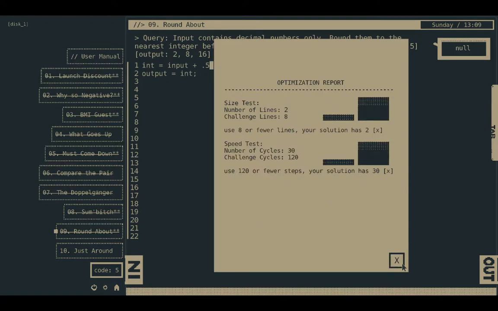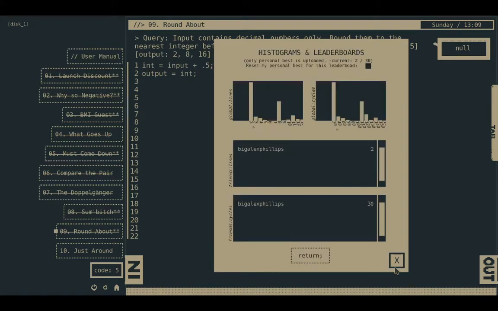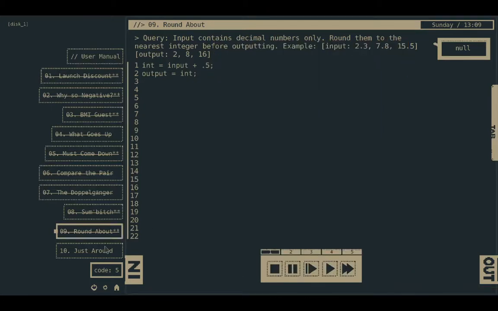Huh. I sort of broke that one. This is a little confusing about which one is my bar graph and which one is the other one. Okay, a lot of other people did that as well. Some of this code 5 means output round them to the nearest 10. Okay, so that's sort of the same thing, except I just